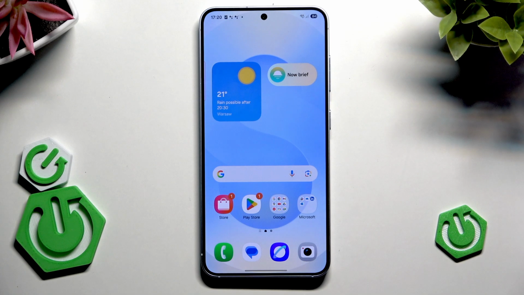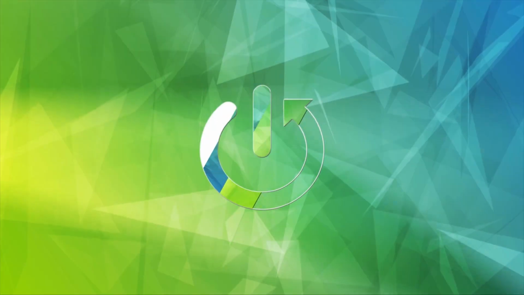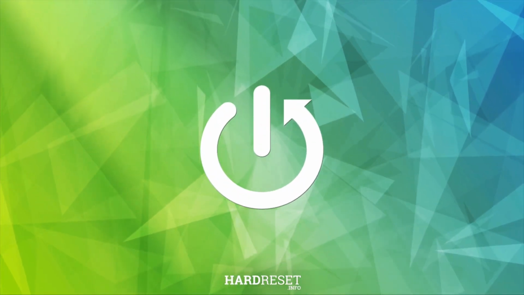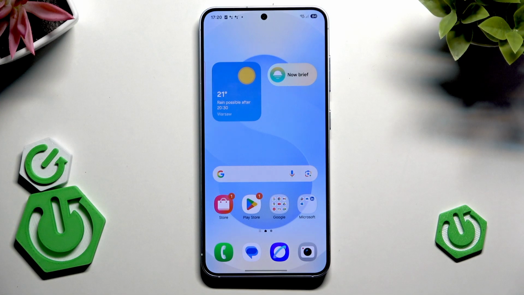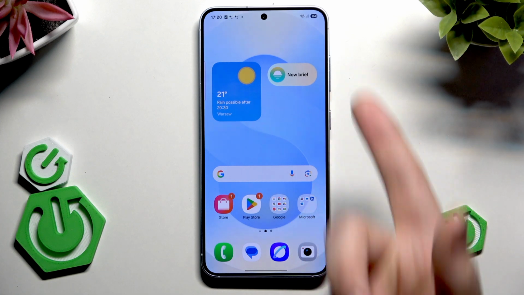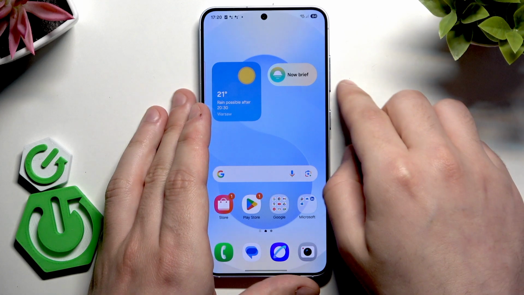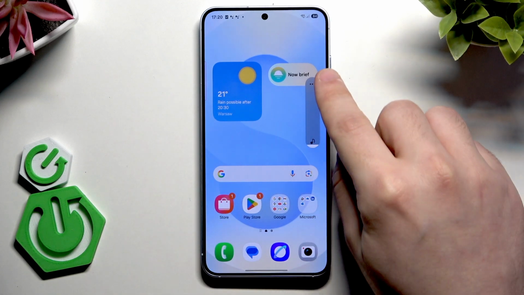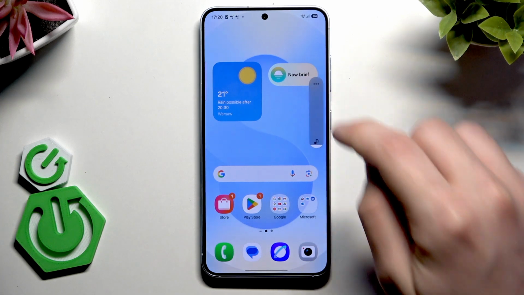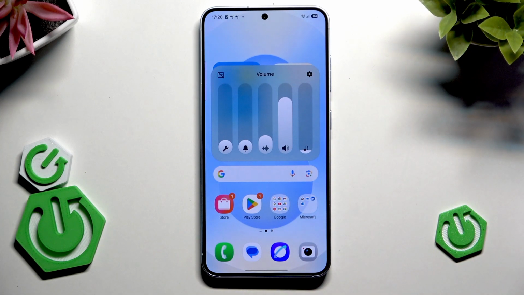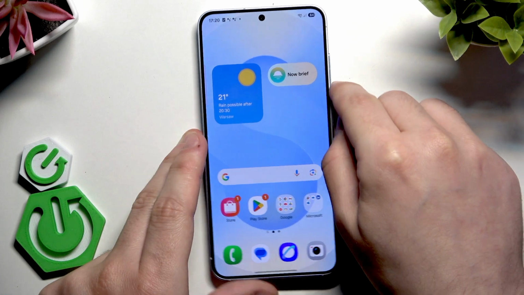Hello, in front of me I have Samsung S25, and in this video I'm going to show you how to adjust ringtone volume. Alright, so to adjust the ringtone volume, we use the volume keys. But first, let's click volume up or volume down. And now let's click on those three dots right in here, once we are on the home screen. And now, to adjust the ringtone volume, we need to simply